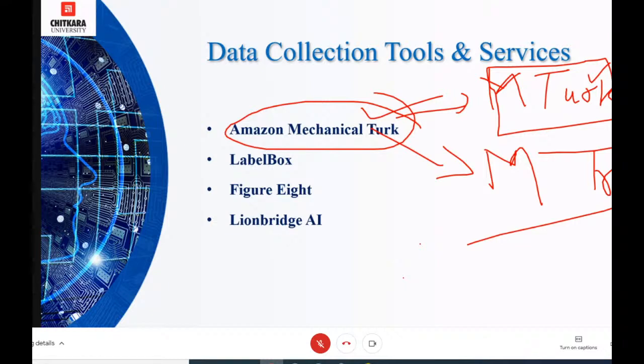For one, it lacks key quality control features, unlike companies like Lionbridge. It offers very little in the way of quality assurance, worker testing, or detailed reporting. But it is the cheapest data collection tool, and it has a lot of features also. For a beginner, you can use MTurk, and I think it sufficiently assures the quality also.